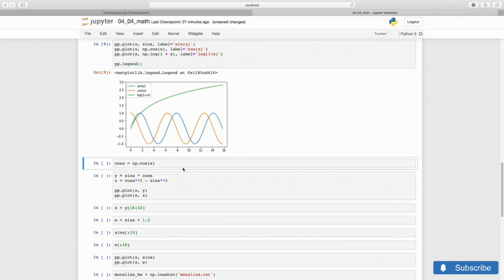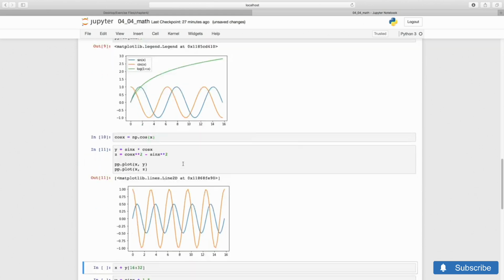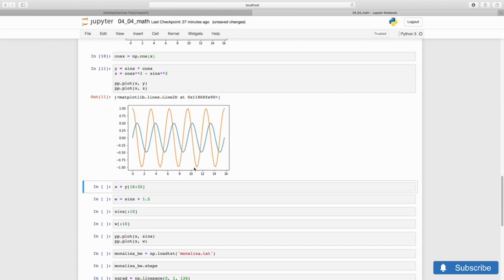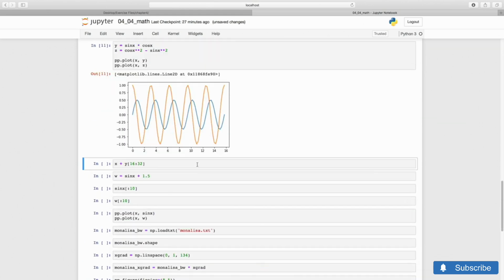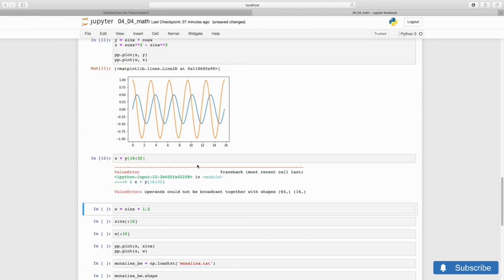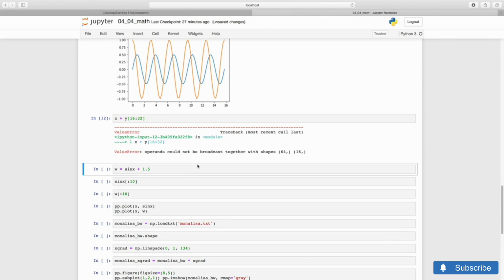We can also perform operations that involve more than one array, and everything goes smoothly if we match array shapes. So let's make the cosine in addition to the sine, and let's try combining the two. By contrast, operations between arrays of different shapes generally fail. NumPy doesn't quite know what to do. There is one important exception, which is known as broadcasting.